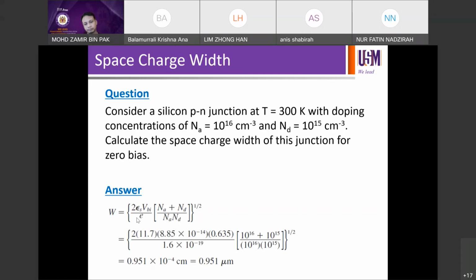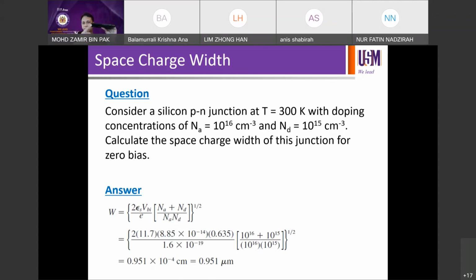0.95 micron. So whenever you've done the calculation, make sure you convert this unit into a more appreciable unit, right? Although the cm you can still appreciate, cm sounds big, even though it's just 10 to the minus 4. It's small, right? But if you convert that into 0.951 micron, it makes more sense because we have been discussing wafer thickness of about 400 micron, 300 micron,